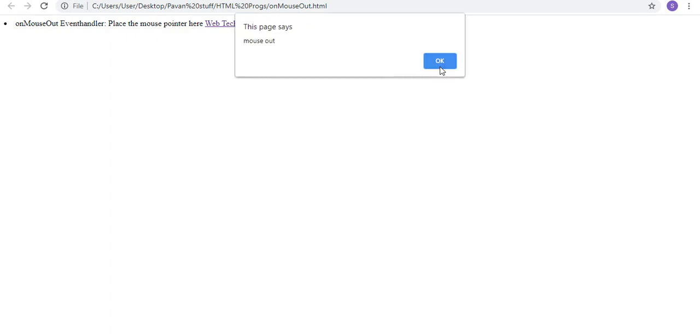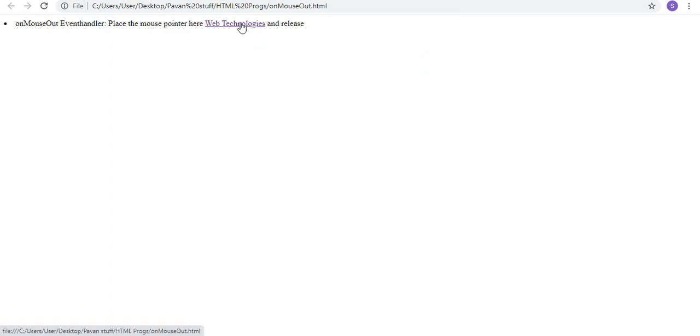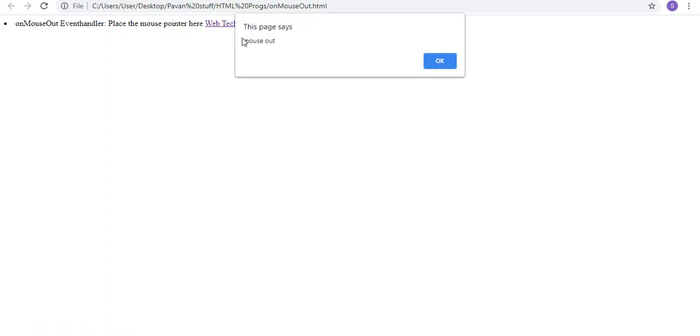So if your mouse pointer is on it, it won't say anything. Whenever the pointer is coming out from the text, the message pop-up box will come. Okay, so this is on mouse out.